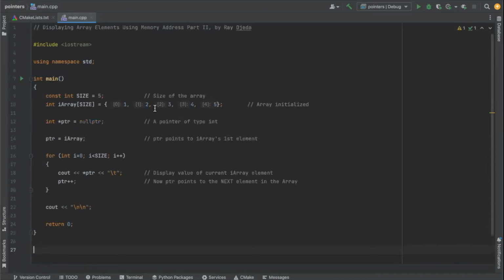of displaying the elements. Part 2, I called it. Here's my array. Here's the size. Here's my array with the 5 elements initialized. It's not a constant. The only constant here is the size. Here's my pointer. So far, so good. I'm pointing to the first element of my array. Now I'm saying